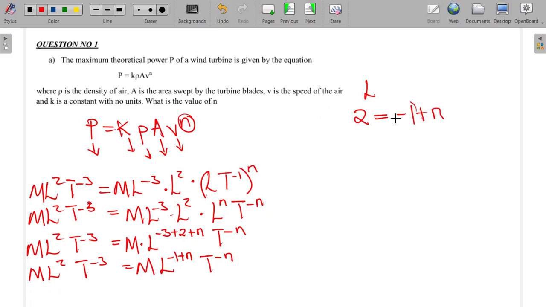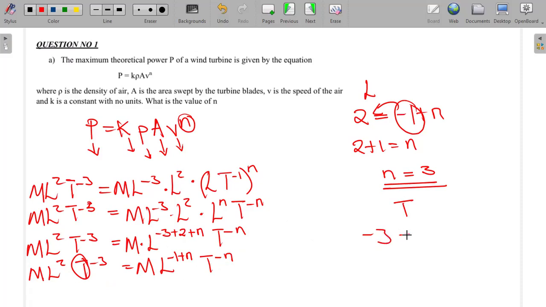Then I can solve for n. I'm basically just taking the negative 1 to the other side of my equation. I'm going to have 2 plus 1 being equal to n. That means my n is equal to 3. All right, if you want, you can still use the T, but we've already gotten the answer as to the value of n. But if you want, you can also use T, because you can see that on the left-hand side it has a power of minus 3, whilst on the right-hand side it has the power of negative n. So just divide both sides by negative 1, and you're going to get your value of n to be equal to